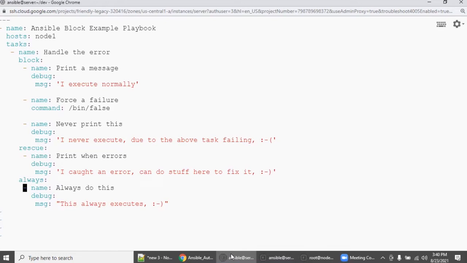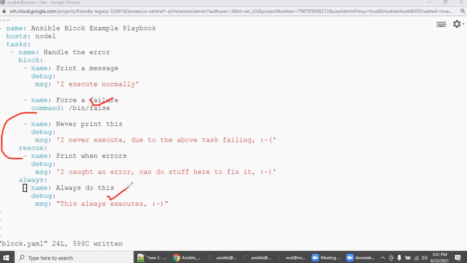Now what will happen if there is an error: control will be transferred to rescue, and all plays in rescue will start executing. Once the rescue execution is completed, whatever is mentioned in the always section will also be executed. Always is very important.